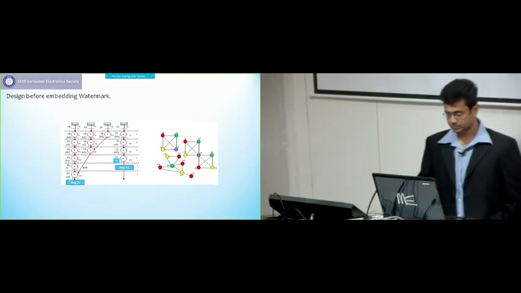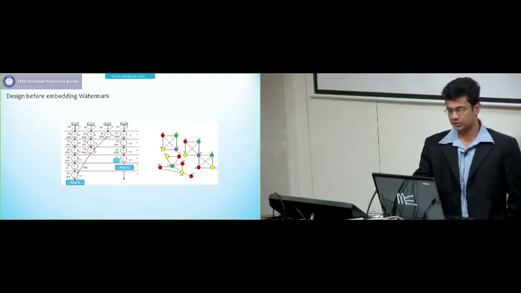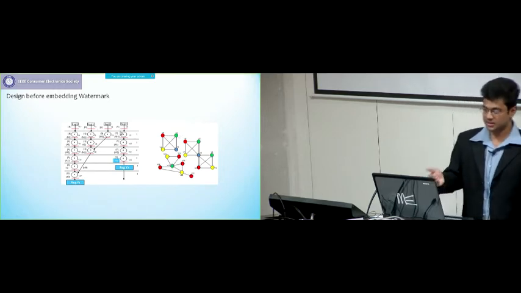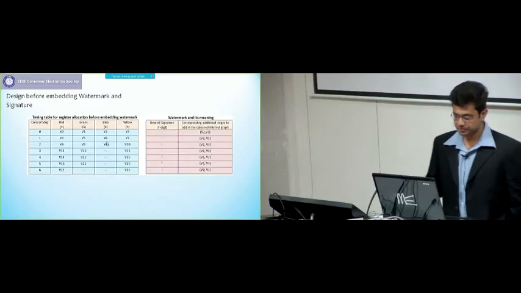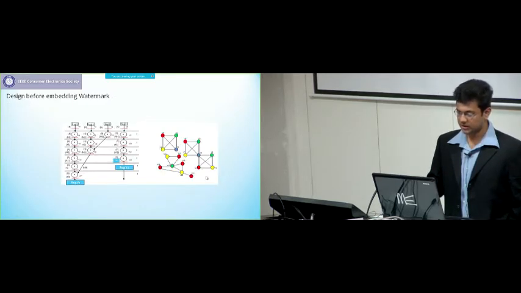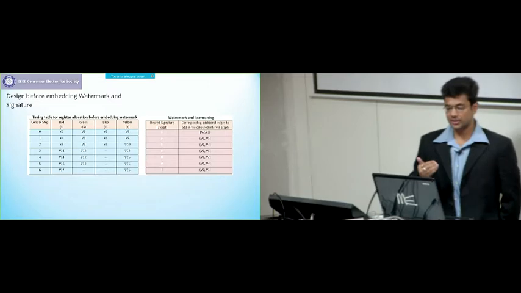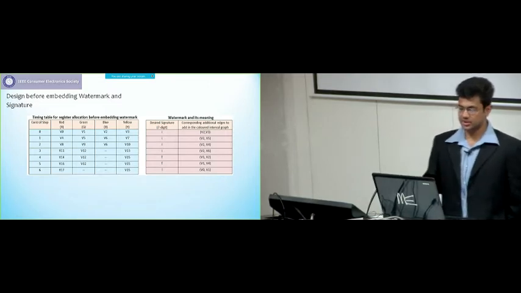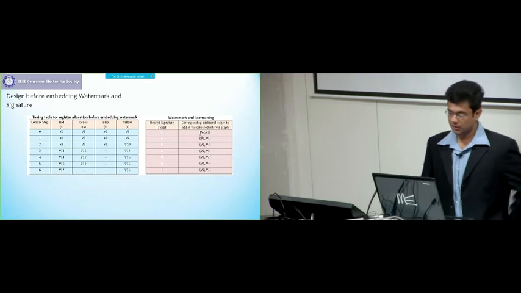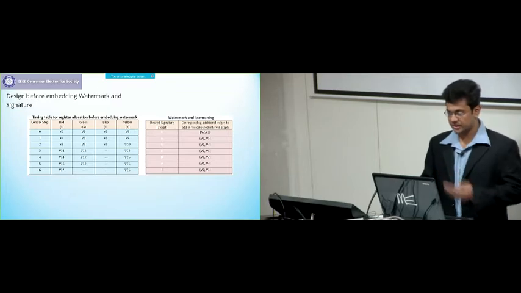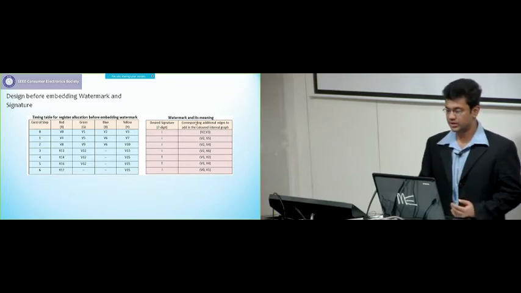A1, A2, A3. The equivalent colored interval graph of the graph on the left side is shown here, where each of these nodes indicates the storage variables as given here. Now, this indicates the design before watermark. Now, we can also convert this colored interval graph into a tabular form that indicates the storage variable allocation as per the registers in each control step, and then we also have our watermark, which is based on the selected desired signature of the vendor, which in this case I have taken as a 7-digit signature, and this is the corresponding decoded meaning.